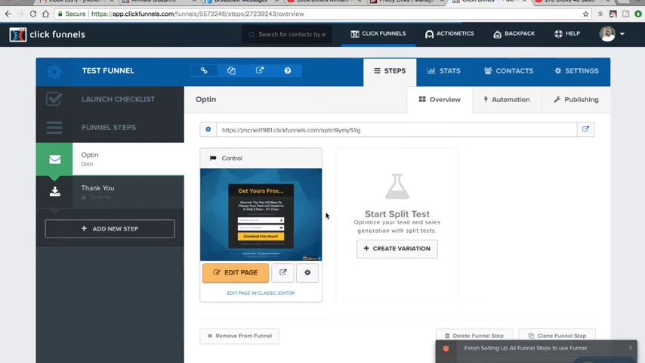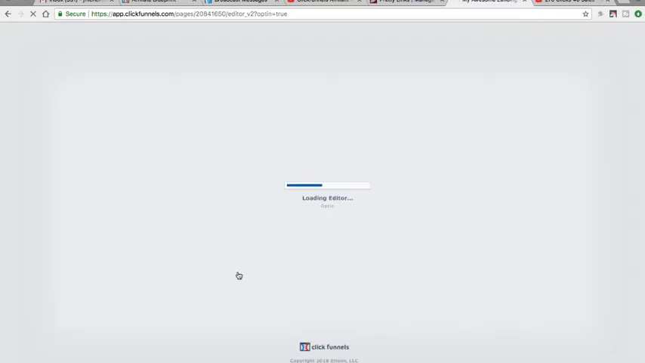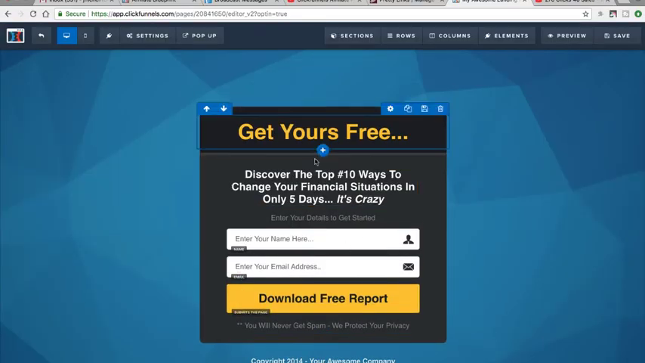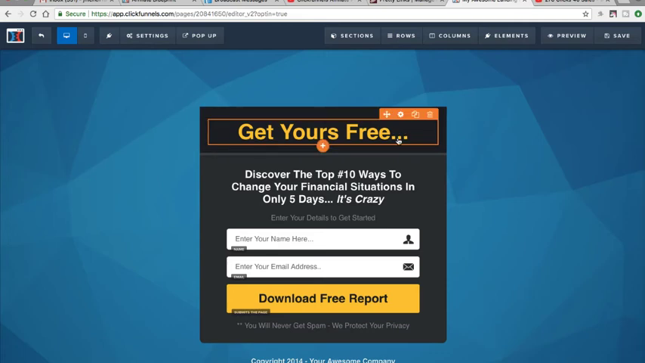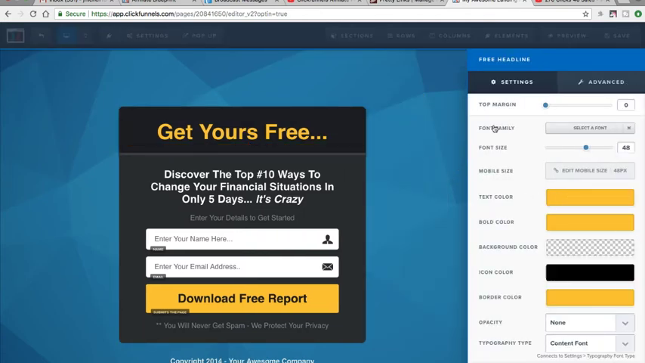So we're going to start editing this page. All I have to do is click on edit page. And then this comes up. So then I'm going to create my squeeze page. So I'm going to go in here and just click on settings. I'm going to click on,